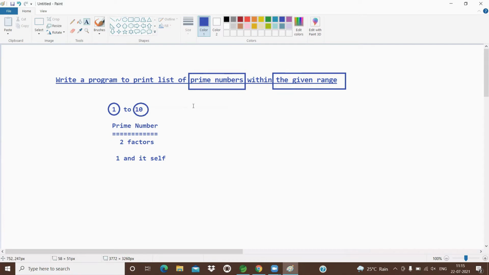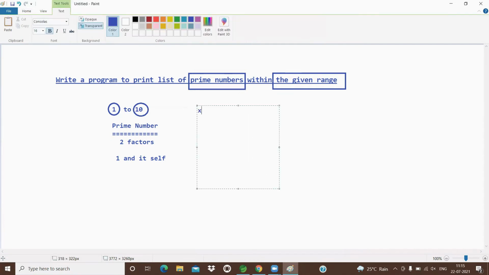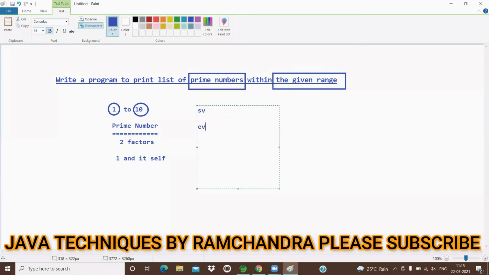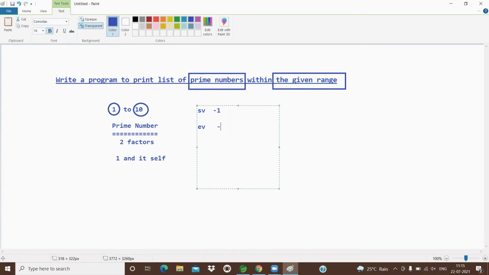For example, the starting value is 1 and the ending value is 10. Now I want to increase the range from 1 to 10, nothing but 1, 2, 3, 4, 5 like that.